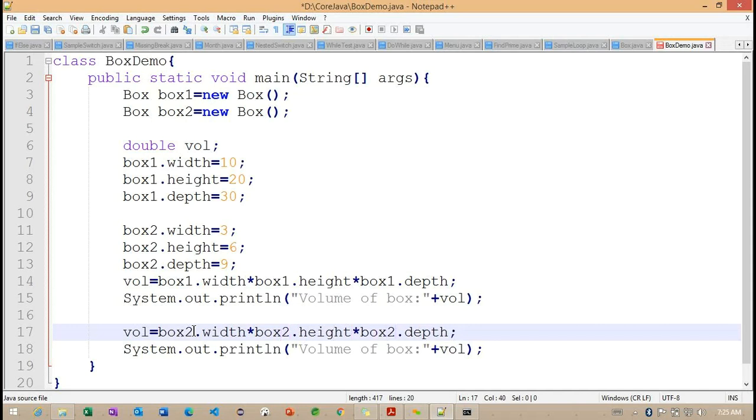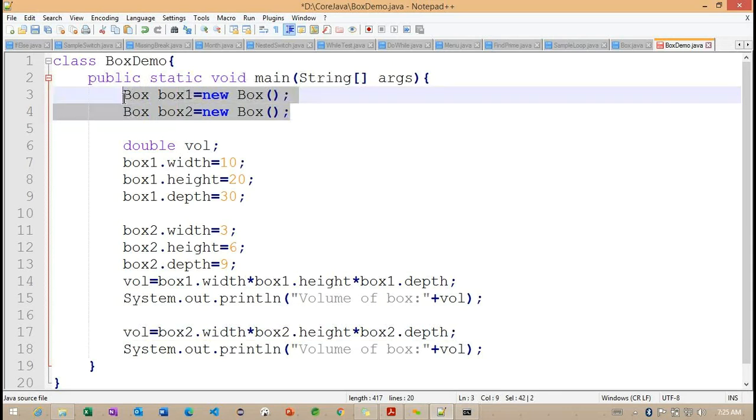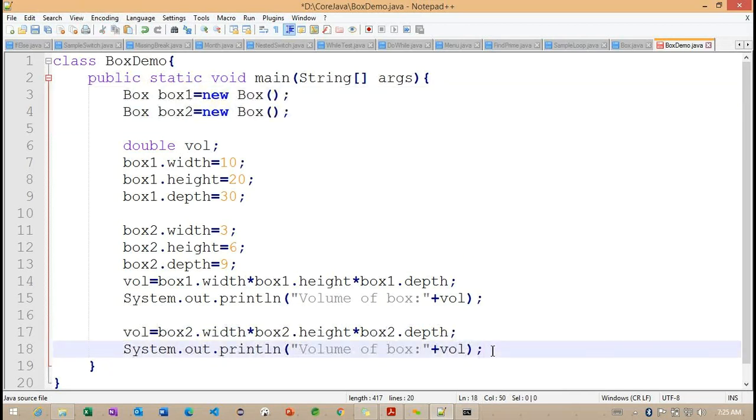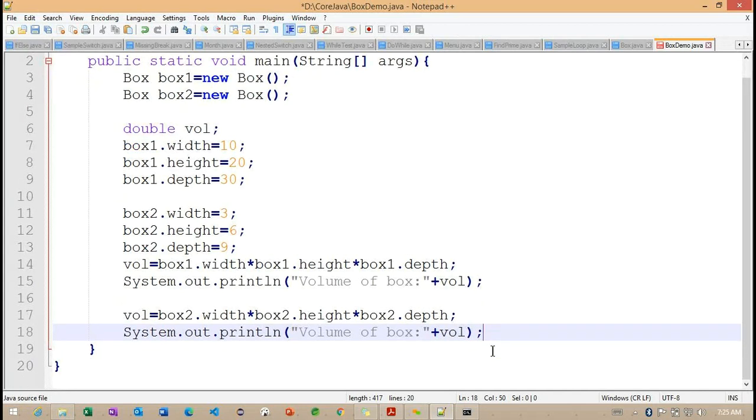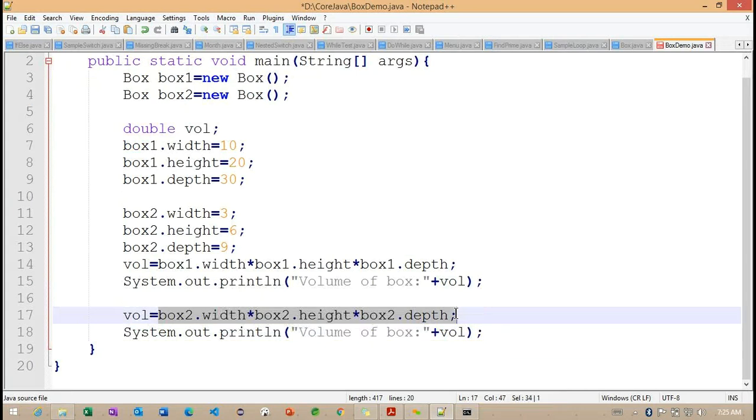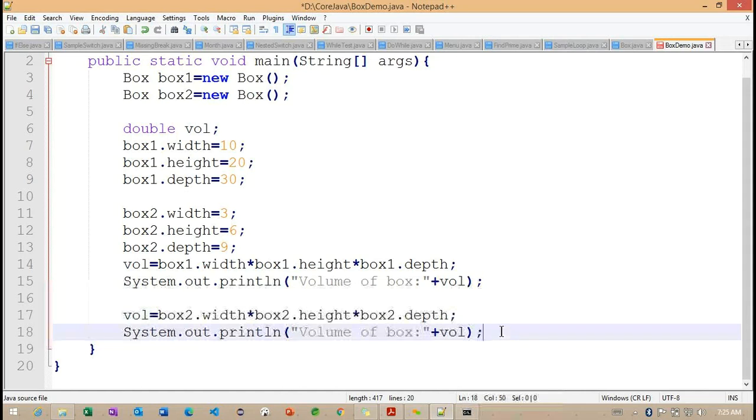We need to understand the difference between the two objects' information. When we create multiple objects, each and every object contains its own copy. Getting the point? It cannot share the same information with the other objects. Now with the box 2 reference, again I'm multiplying all the variables and printing.